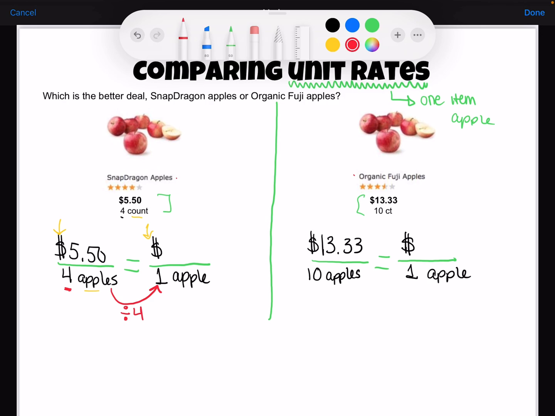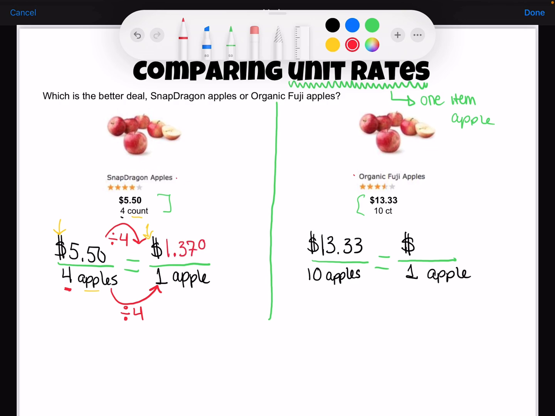Whatever we do to the bottom, we also do to the top because it's got to remain equivalent. So in order to find the price of 1 apple, we divide $5.50 by 4. You can always be using a calculator in this unit, so go ahead, put that into your calculator, and you should get